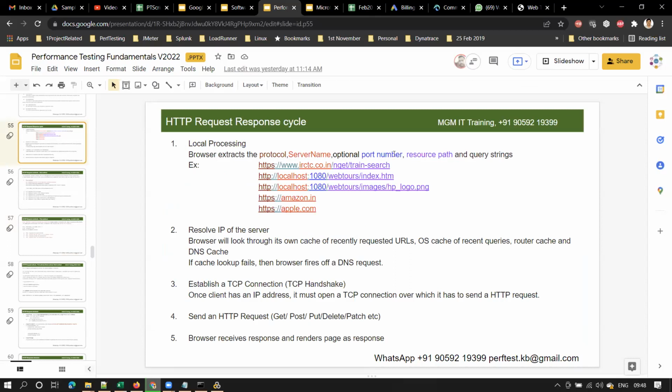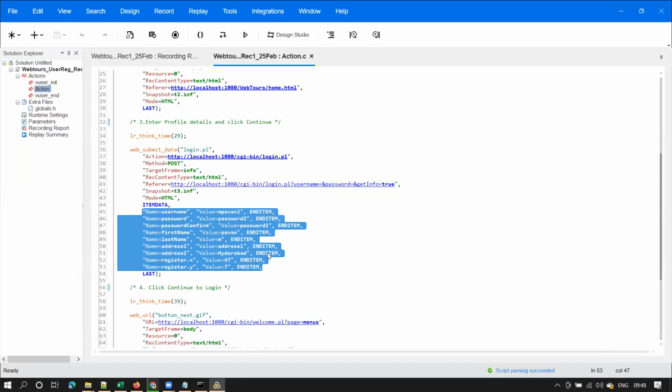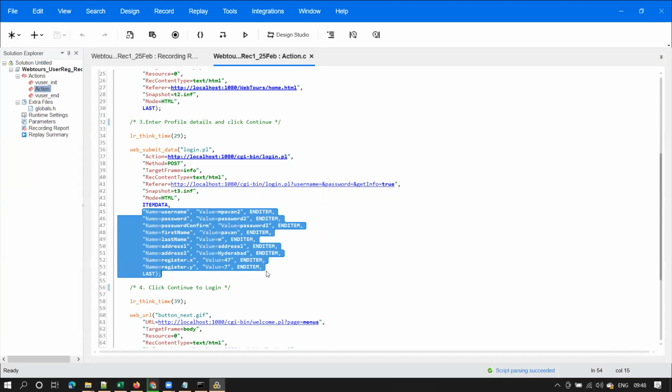And also I explained this: this is called the resource path. In this example, this is the resource path. This is your server name, and this is your port number on which this application is running, right? And these are called name value pairs or key value pairs. Some people call it key value pairs also.